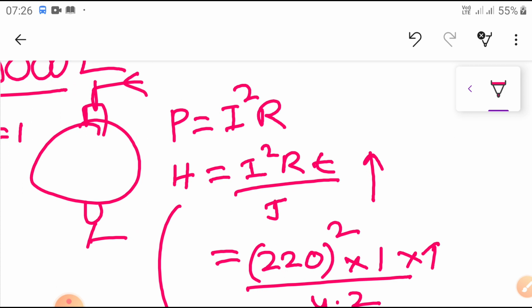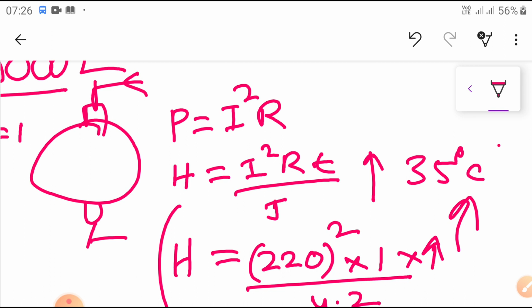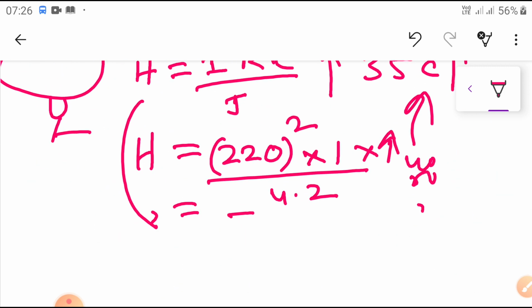Instead of 1 second, if time passes, what will happen? The heat is cumulative. So in 1 minute or 2 minutes, whatever heat is generated inside the motor is cumulative. Then the temperature, instead of room temperature of 35 degrees centigrade, increases to nearly 40 degrees, 50, 60, 70, 80 degrees. In such a way it will increase.